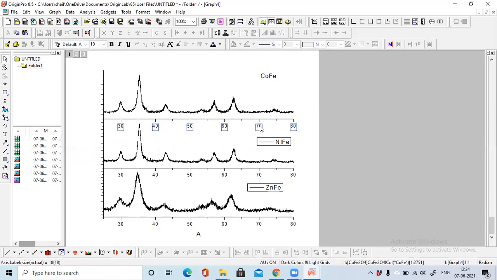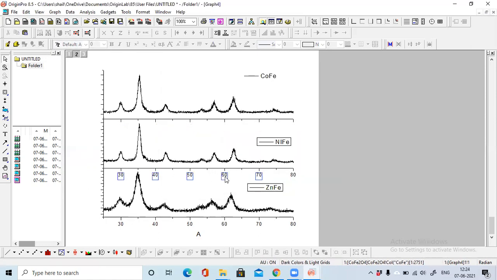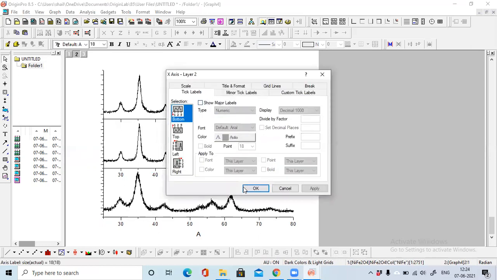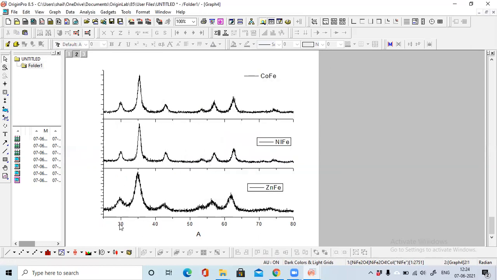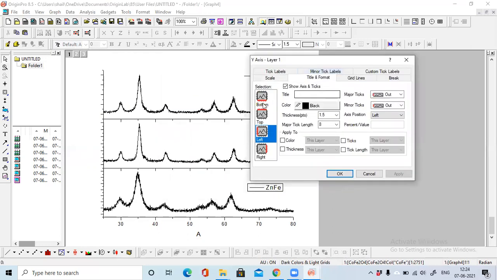So what you can do, just click over here and don't show this axis, because we will show the lowest one, and click over here. Means all this is 30, so this scale is the same for all. Now you can do the beautification as I discussed with you already. See, we are talking about this.